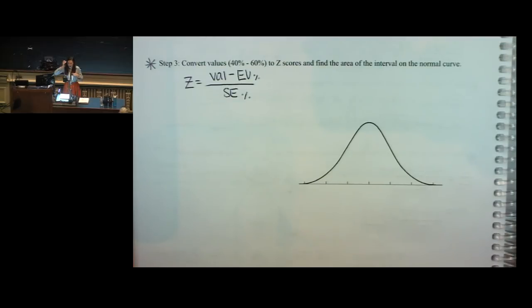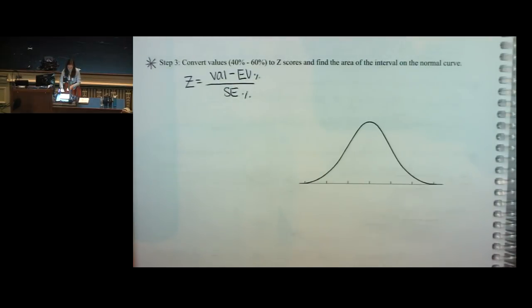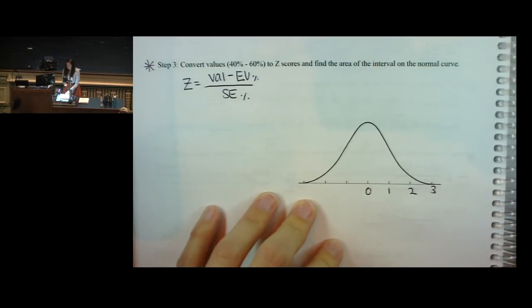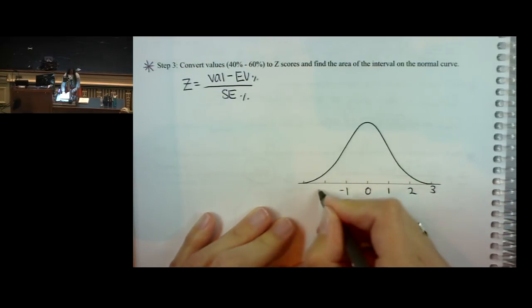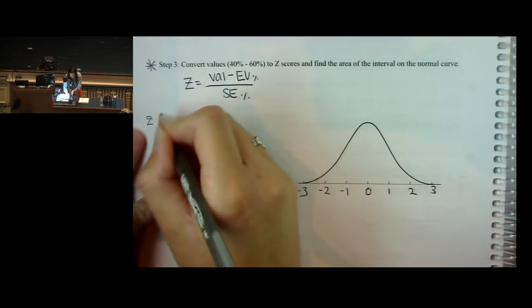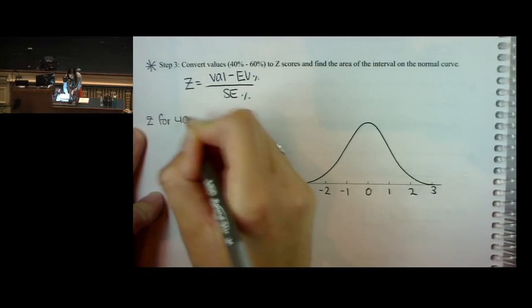Okay, and I have two of them, so I want to know what's the chance of getting between 40 and 60% heads. I'm going to need to convert both of those into z-scores. So my normal curve, my z-scores are going to be somewhere in here. We can do 40 first. The z-score for 40%